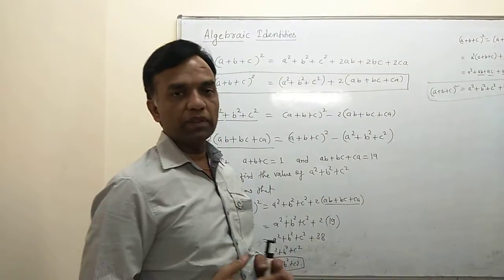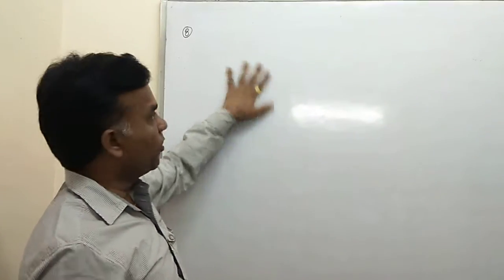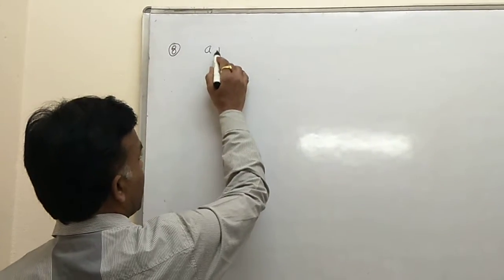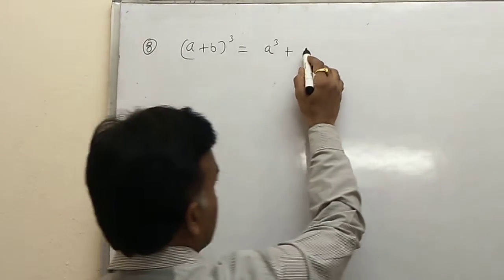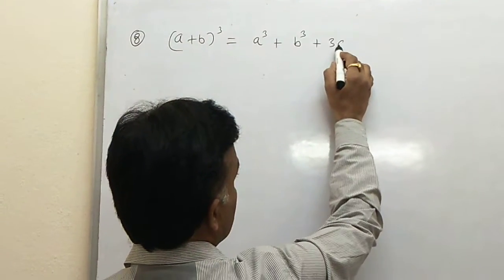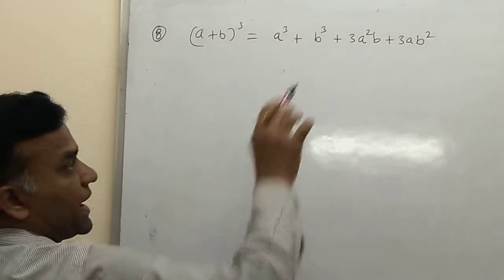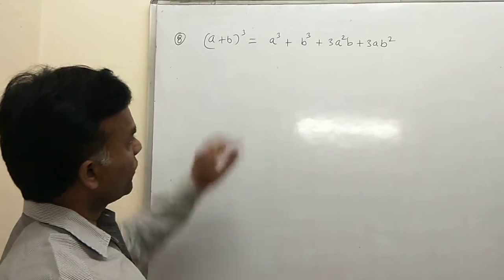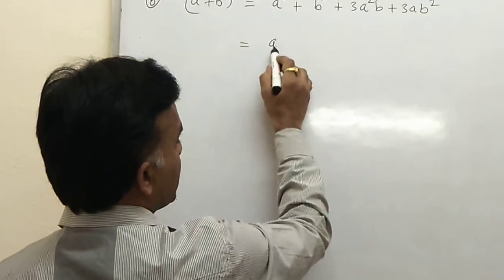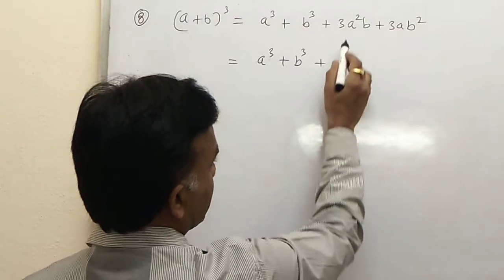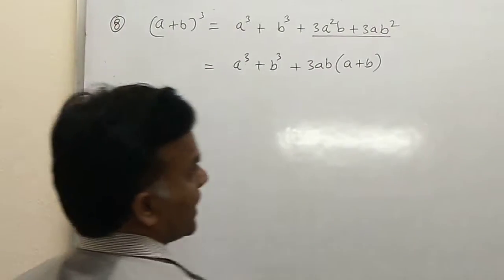Okay, so now continue with (A plus B) whole cube. Now we have the identities related with the whole cube. So first here we discuss the identity of (A plus B) whole cube, which is A cube plus B cube plus 3A square B plus 3AB square. Okay, so this is the basic identity you can use in the form of (A plus B) whole cube. Maybe another form: A cube plus B cube you put as it is, and this bracket having the common 3AB, so you take it outside, then one bracket that is A plus B again.